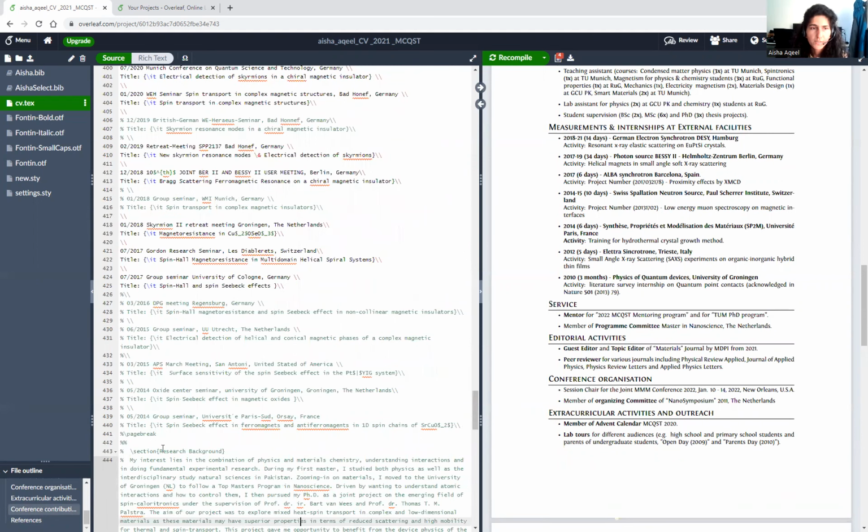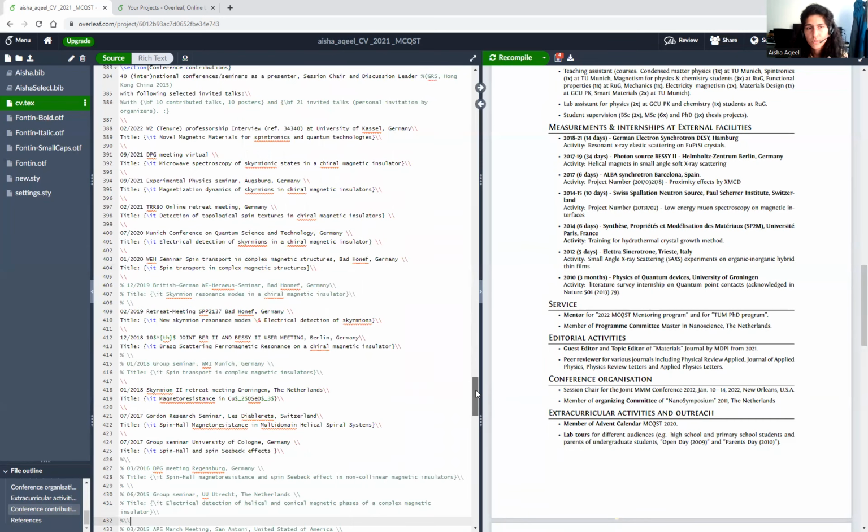Another benefit is that sometimes you attend a lot of conferences, but where you are going to send your CV, it only allows 5 or 10 conferences to be listed. Then you can keep your conference list, and just comment the ones which you feel shouldn't be appearing now.